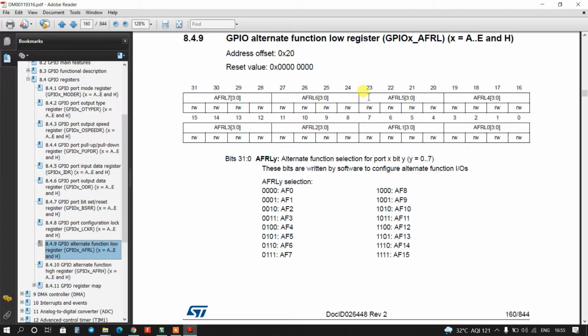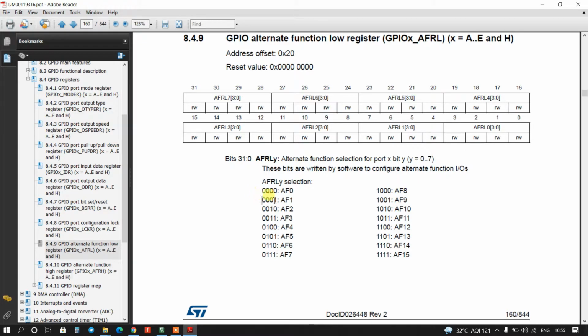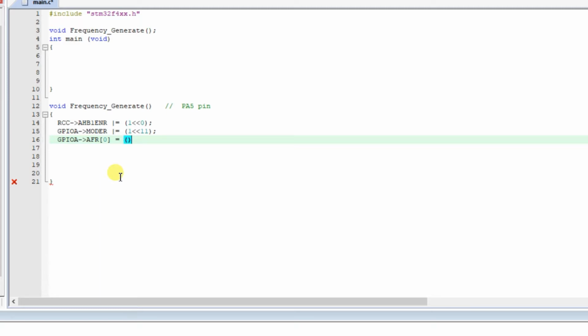I am using here PA5, meaning the 5th pin, so we will consider bits 20 to 23, and in case of AF1 it will be 0 0 0 1. Okay, so 0 0 0 1, only the 20th bit will be set. 1 left shifted by 20, right?